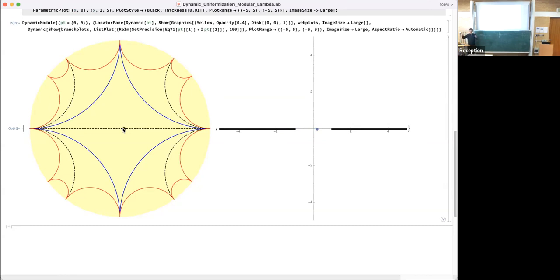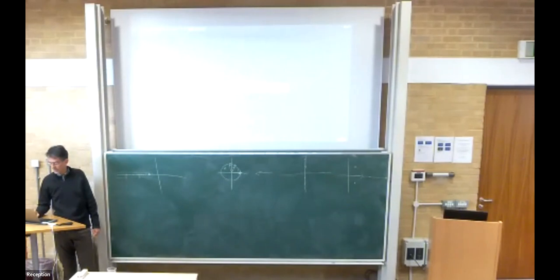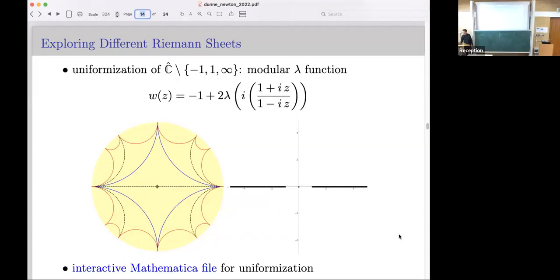Okay, so that's the map where they've been put at -1, 1, and infinity, but you can put the three anywhere, it'll just be a sort of distorted, twisted quadrilateral. This is classical geometry and complex analysis. It has quite an impressive consequence when applied to this problem. So I'll show you an example of that.